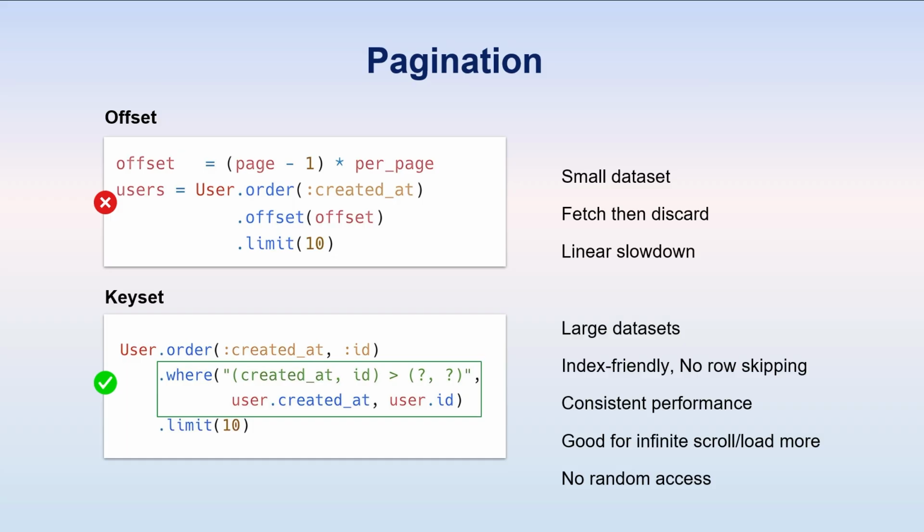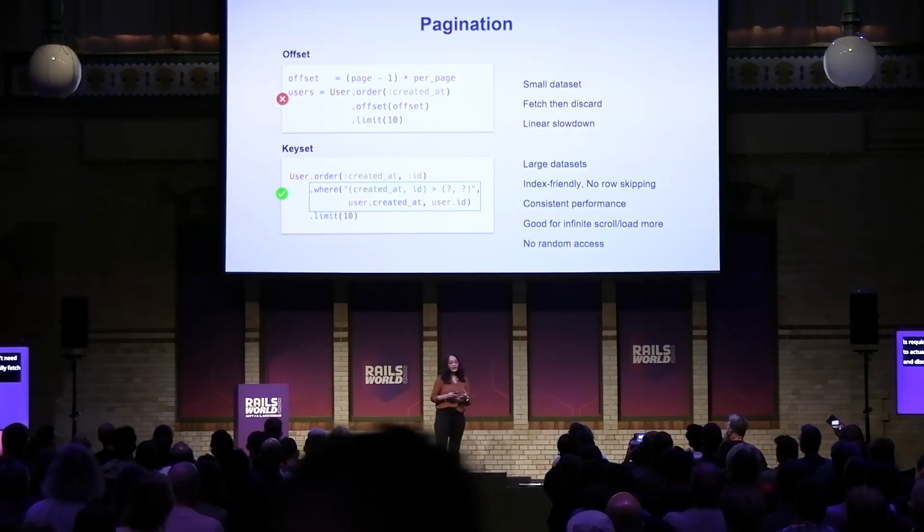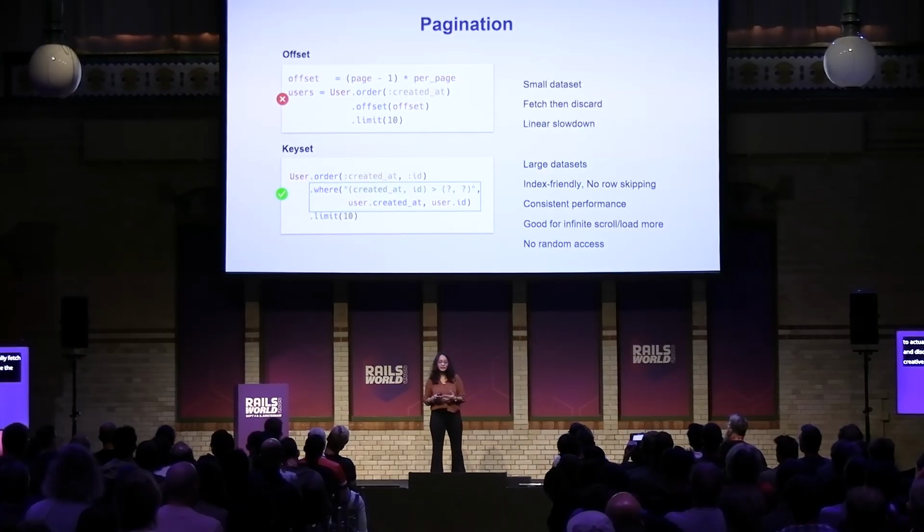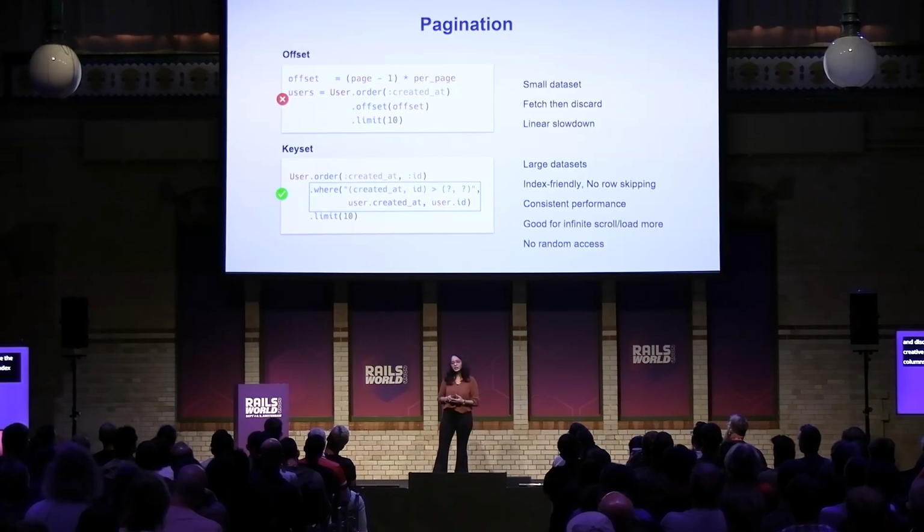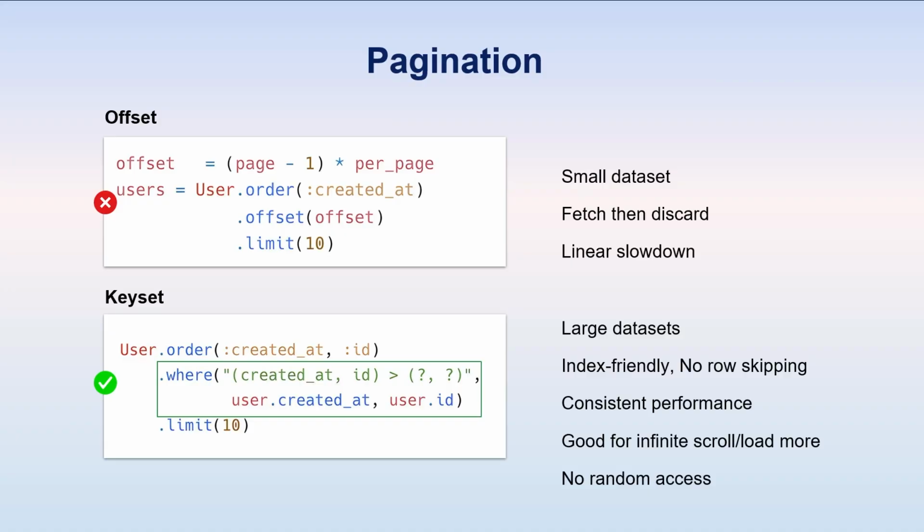And it is index friendly, because created_at and ID are index columns, and you can leverage the benefits of that. It gives consistent performance because even if you go to the 1000th page, it is not going to fetch all of those records. So keyset pagination is really good for features like load more or infinite